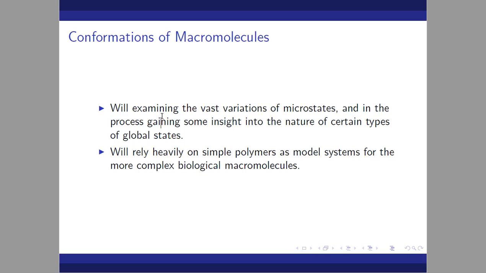We continue with chapter number 3. So we want to see the conformation or the isomer of the macromolecule. Here we will be examining the variation of microstate. The conformation of this macromolecule, in the process gaining some insight into the nature of certain types of global state. Here we rely on a simple polymer model. This one is from polymer physics, for the more complex molecule,